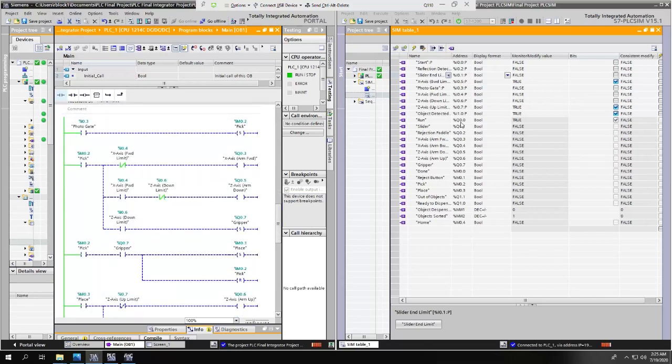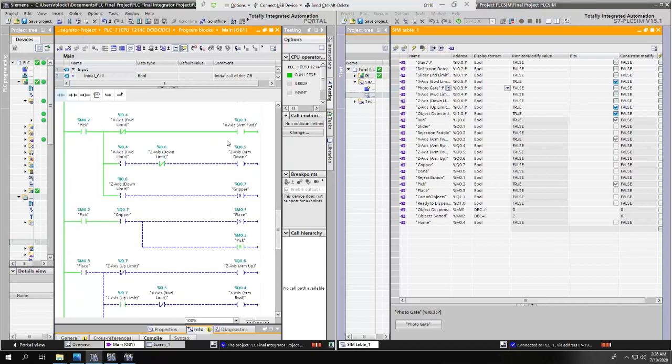So as the object goes through, it'll finally hit the photo gate and get into the assembly area, which we can hit the photo gate here. When this becomes true, we start our pick process. And by the way, the photo gate, because we have it set to the counter, the second object is technically an accepted object, therefore it goes towards our counter, but nothing is actually ready to be dispensed yet. During our pick process, right now it's in home position, but the robot's going to be moving forward first,